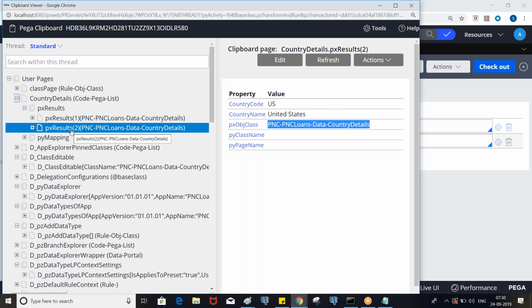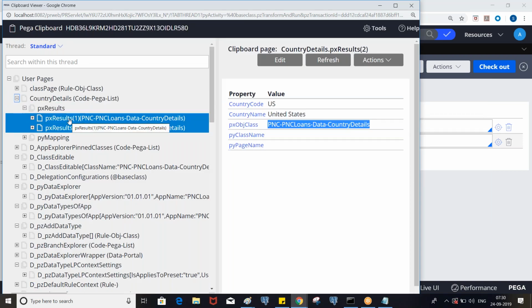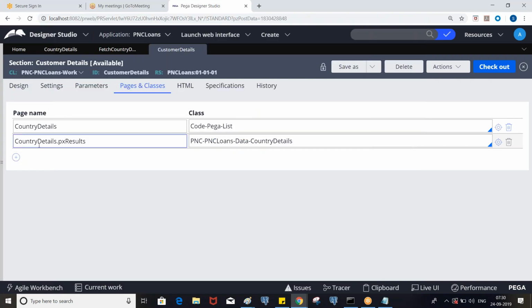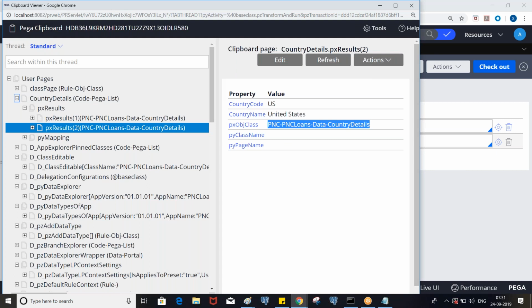We specify this from the top level page to lower level pages from where you are using the data. Country details is referring to code Pega list, country details dot PX results. If you want, you can directly put country details dot PX results; without this step it will also work. Clear?